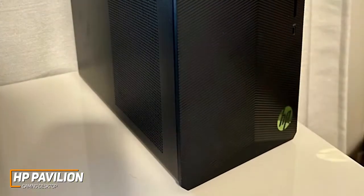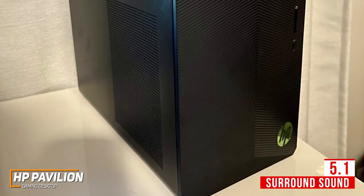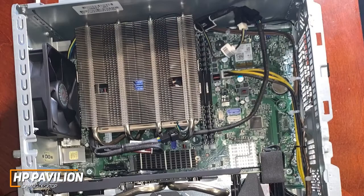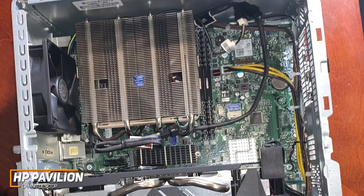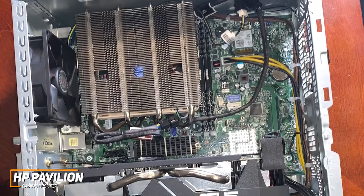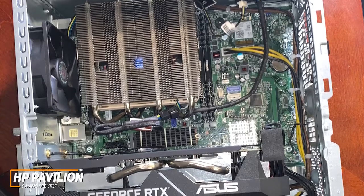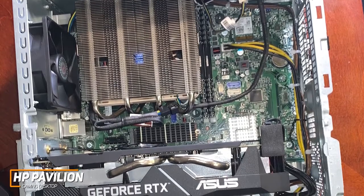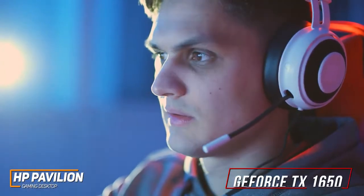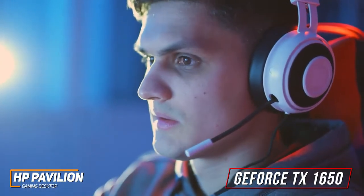Unlike most options in this range, it also supports 5.1 surround sound to provide a more accurate and immersive in-game stereo image. It utilizes 8 GB of RAM and a 6-core Ryzen 3500 processor that can nail the basics like streaming videos or browsing the web, and Ryzen processors typically tend to perform better with multi-core tasks than Intel options like the Dell G5. You also get an NVIDIA GeForce GTX 1650 Super GPU with 4 GB of GDDR5 memory